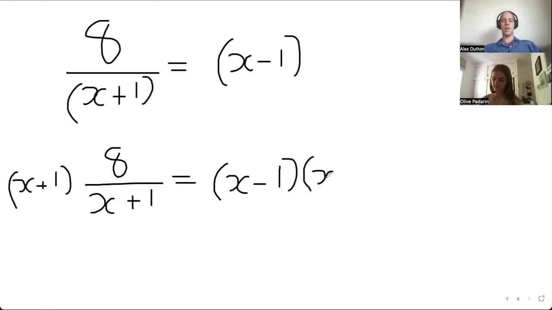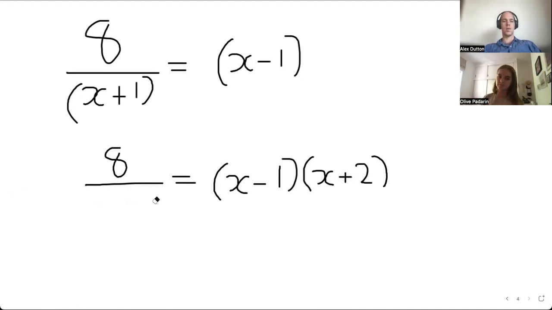Now, what happens on the left-hand side first? You get rid of the fraction. Exactly, right. They cancel, and we're just left with that. Now, this looks pretty good, right? This looks a lot like a normal quadratic, right? We got something factorized. The problem is it doesn't equal 0. That's the problem. So now what we need to do is expand out these brackets